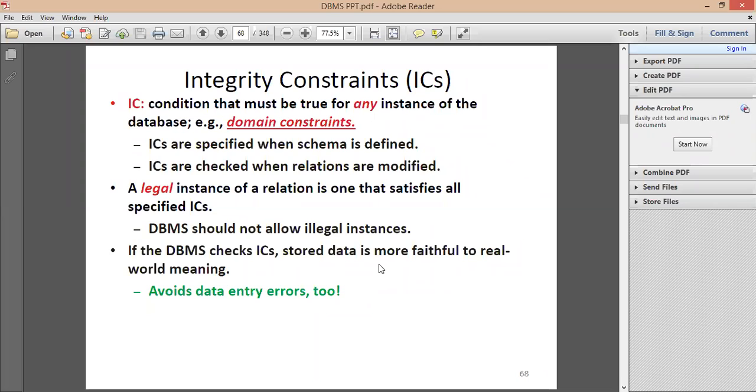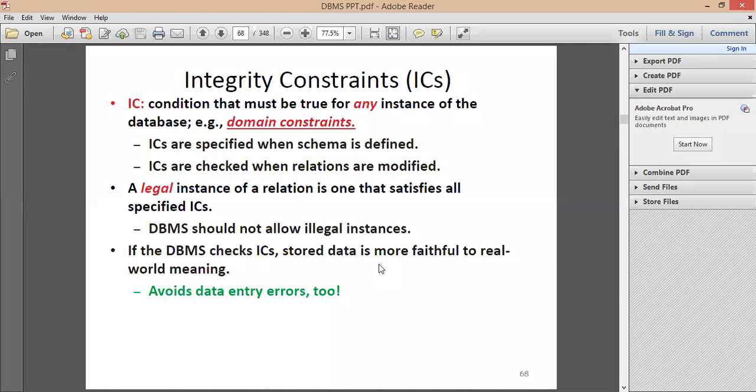First, let us see what a constraint is. A constraint is nothing but a condition, giving some condition on some part of the table or on the whole table.